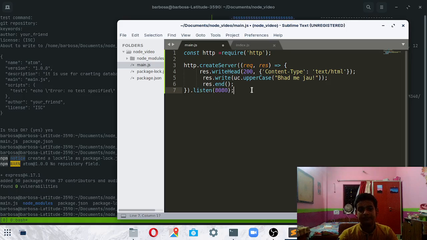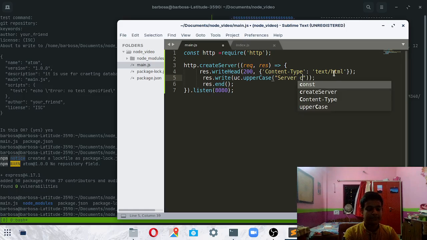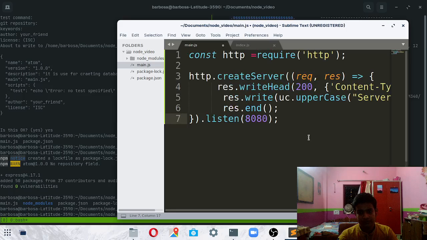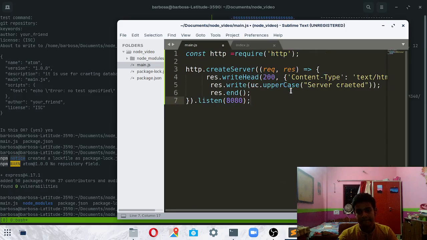Now we can just ignore this and write server created. You can see the code is here.